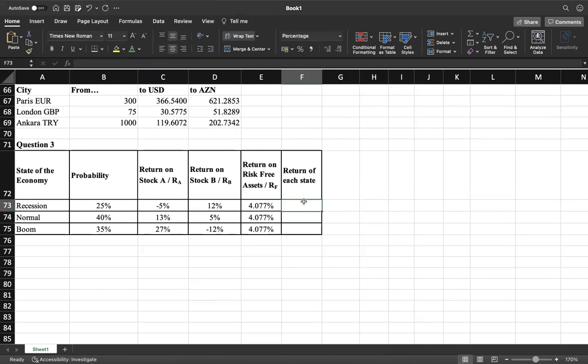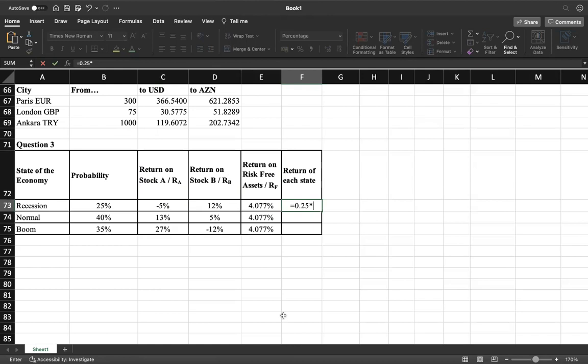So the question says I am putting a quarter of my money on stock A, half of my money on stock B, and a quarter in the risk-free asset. So if I am putting a quarter of my money in stock A, it means I will take a quarter of stock A return, half of stock B return, and a quarter of the risk-free rate. So equal